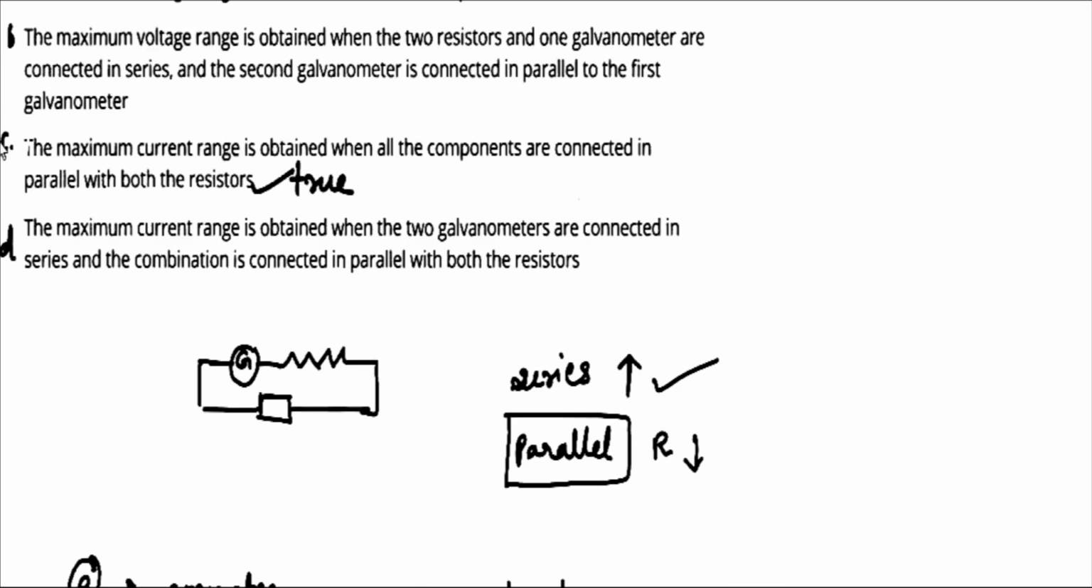So our correct answers are option A, the maximum voltage range is obtained when the components are connected in series, and option C, the maximum current range is obtained when the components are connected in parallel with both resistors. Okay,